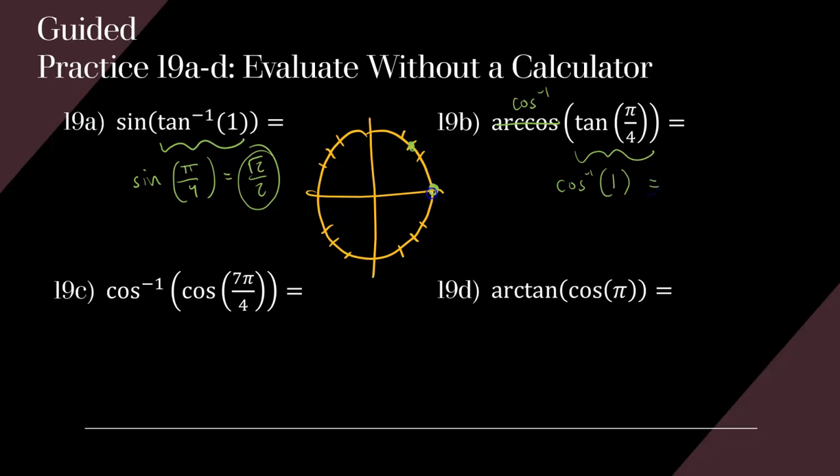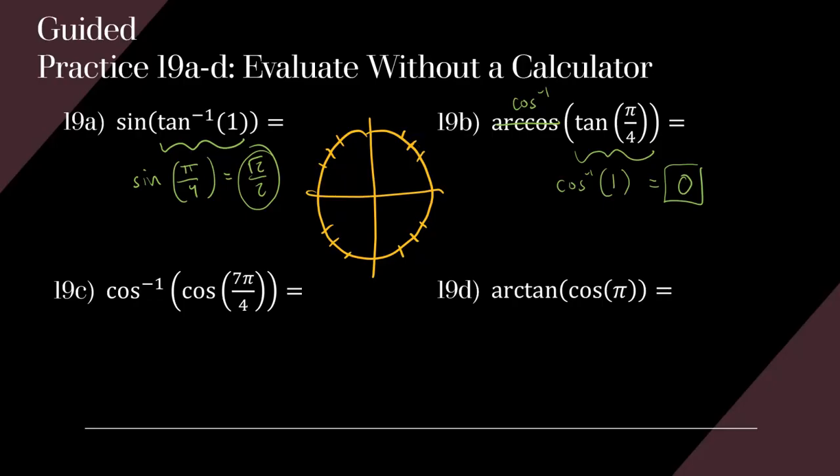So where is cosine 1? Well, that's right here, which is at, again, we're dealing with between 0 and pi, so we would call that 0 radians. So that would be your answer. So these, again, you're just using the unit circle, so I want you guys to work on these next 2